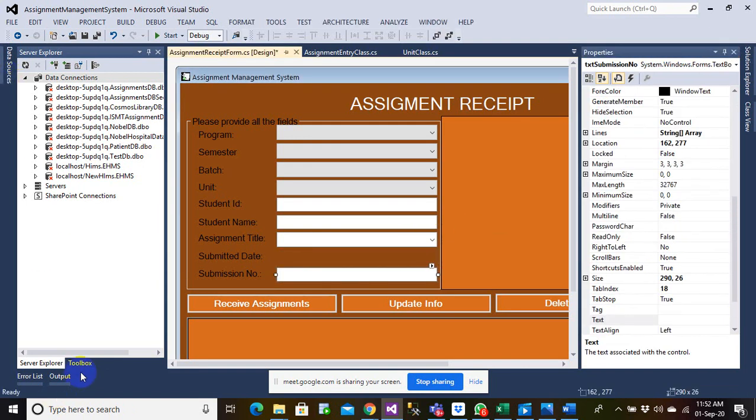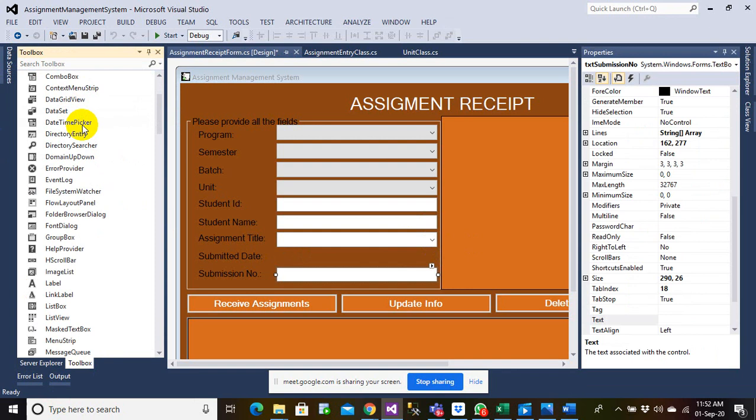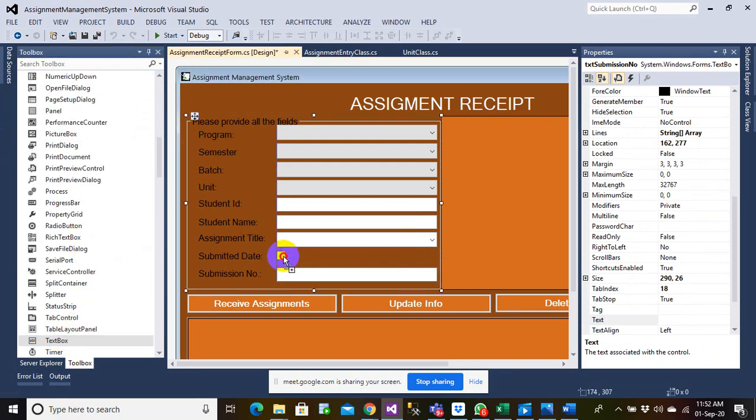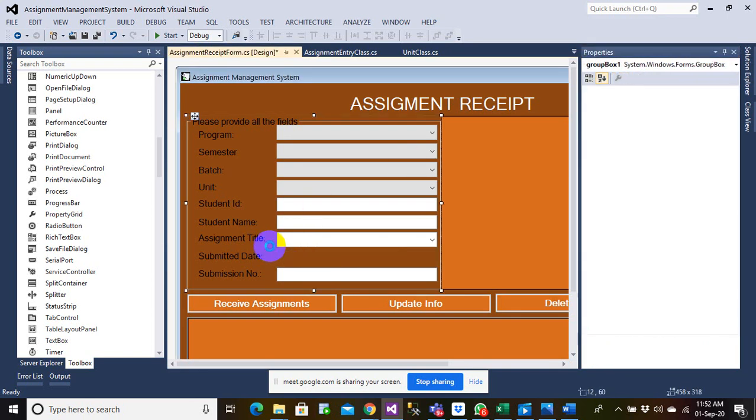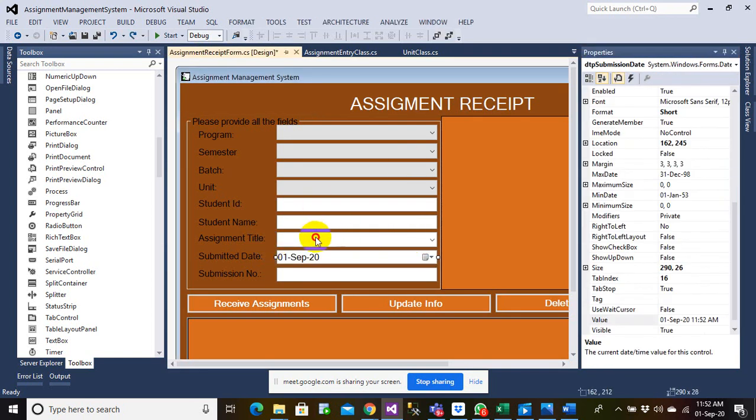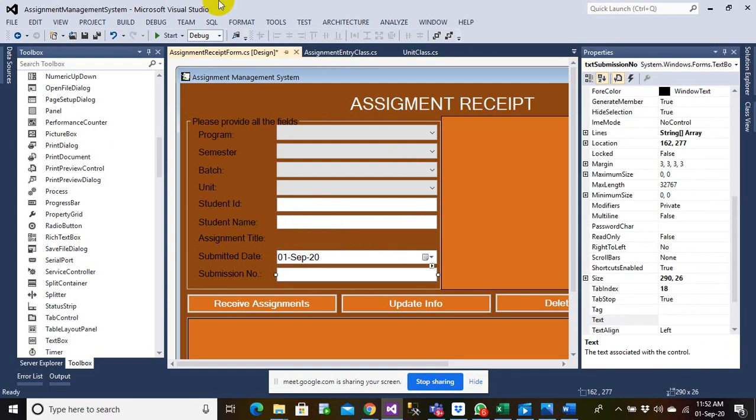Let me put a text box here. Sorry, not this one. This one I want to change to a text box.